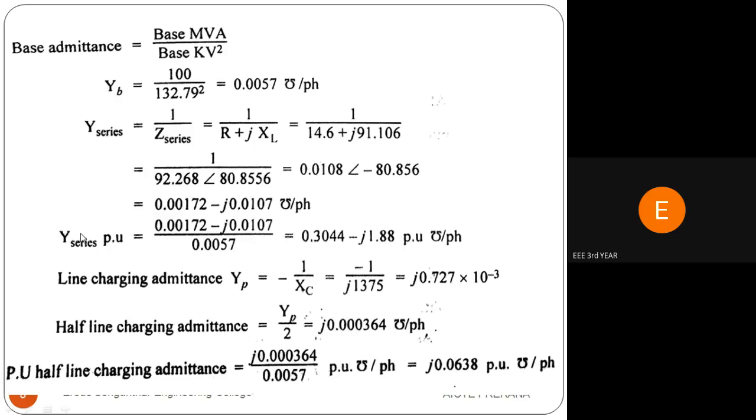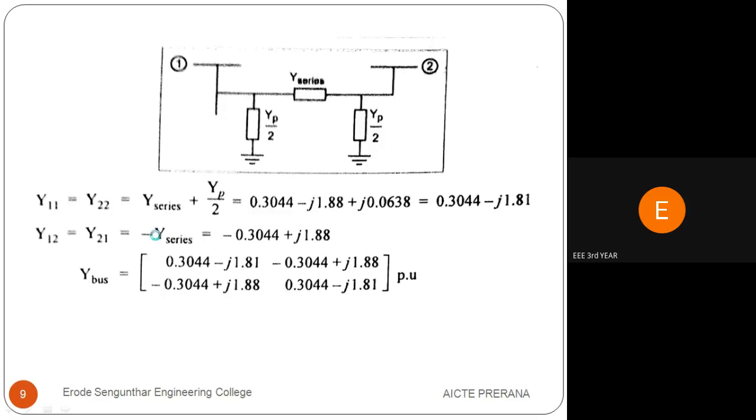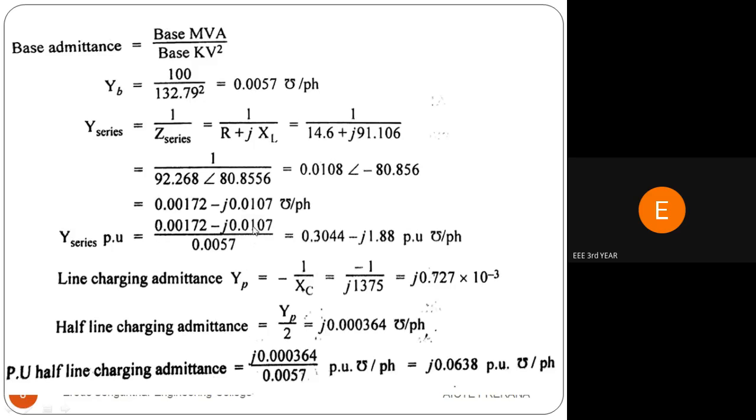Again we have to convert this into per phase. We have to divide it by the base admittance. So Y series per unit is equal to the Y series value divided by the base admittance. Here I am substituting the values 0.0172 minus j